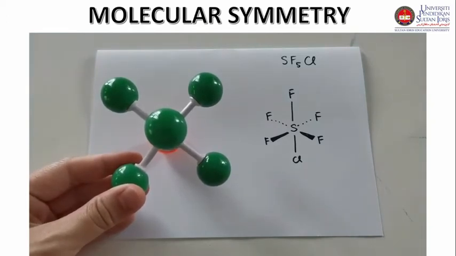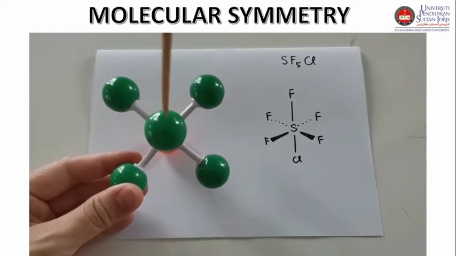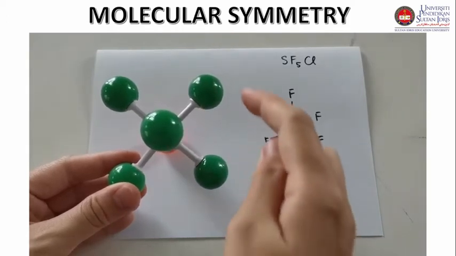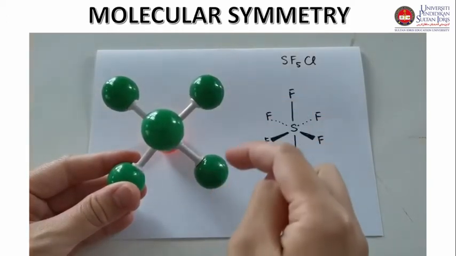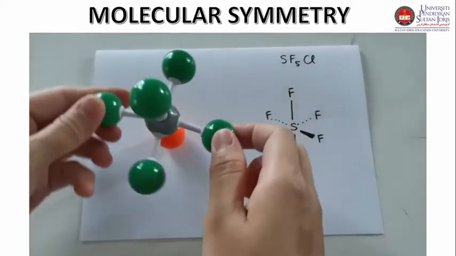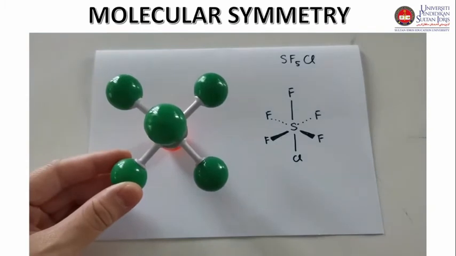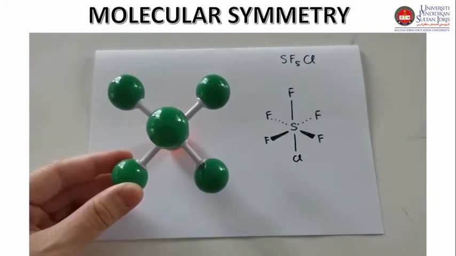Okay guys, now we check the top view of this molecule. We apply a C4 axis perpendicular through this fluorine atom. You can easily observe that this is the C4 axis. Now we rotate the molecule. This is the angle, which is 90 degrees. So we rotate this atom here by an angle of 90 degrees. You can see that we get an equivalent configuration, meaning there is a C4 axis in this molecule.